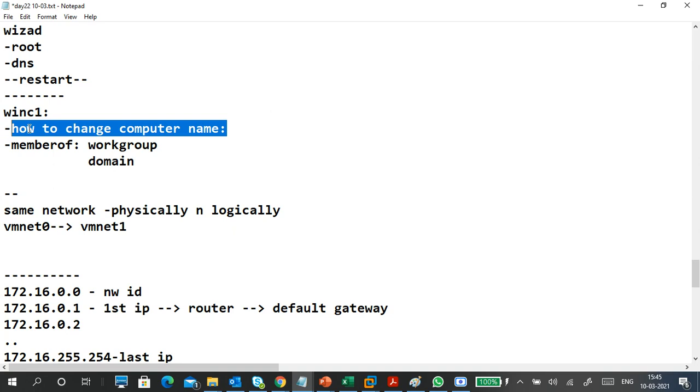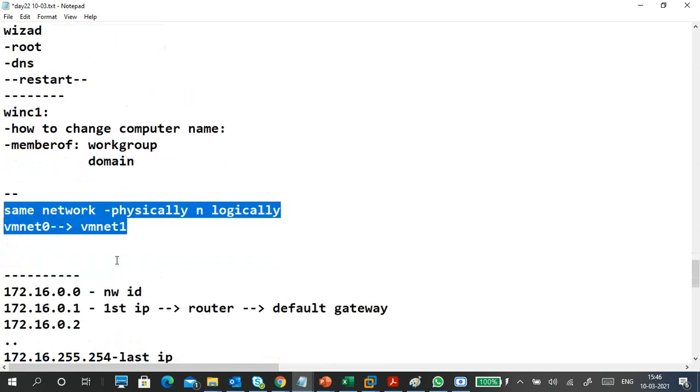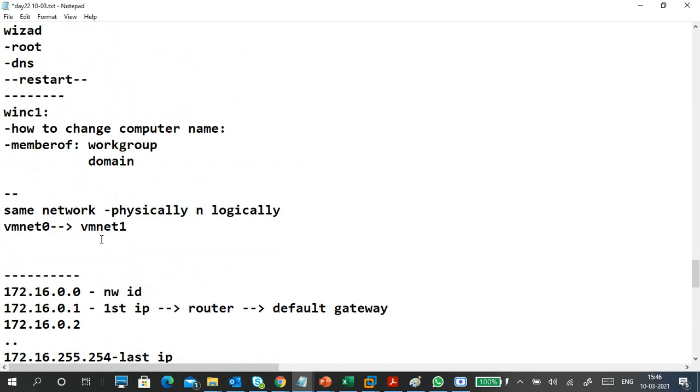We'll change this one and this one too, and we'll fix the IP address on both sides, WinS and also WinC. Here I am using 192.16.0.10. So this is my IP address. First we have to set both things. This is part one of the practical. This will take 10 to 15 minutes, so first we'll see carefully.